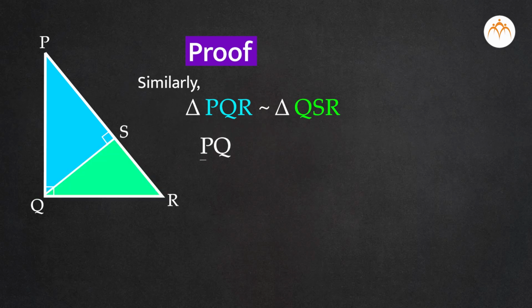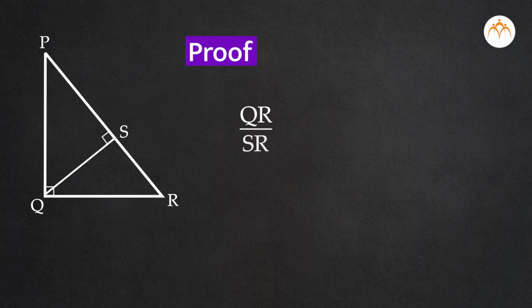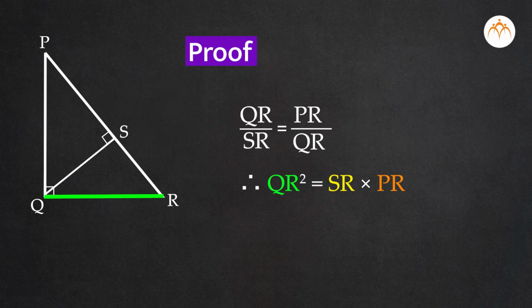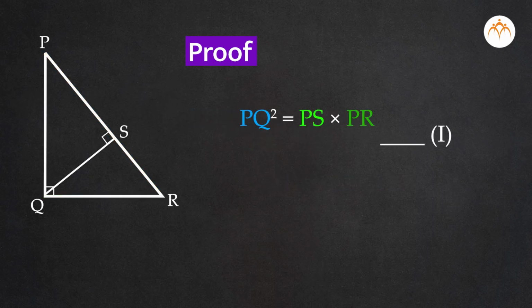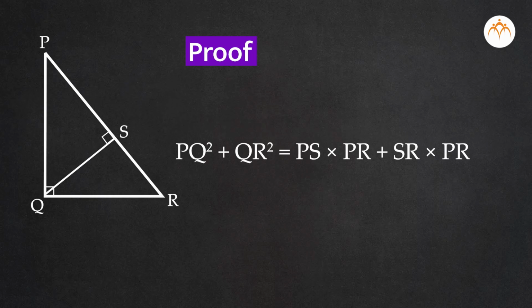Therefore, PQ upon QS is equal to QR upon SR is equal to PR upon QR because corresponding sides of similar triangles. Therefore, QR upon SR is equal to PR upon QR. Therefore, QR square is equal to SR into PR. Equation 2. Adding equation 1 and equation 2, PQ square plus QR square is equal to PS into PR plus